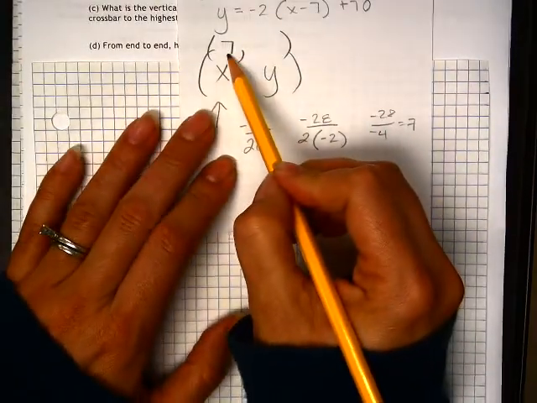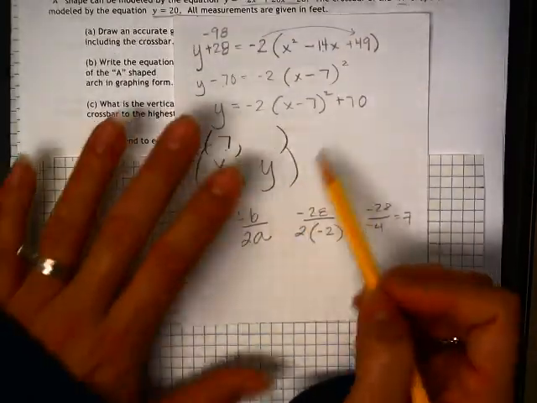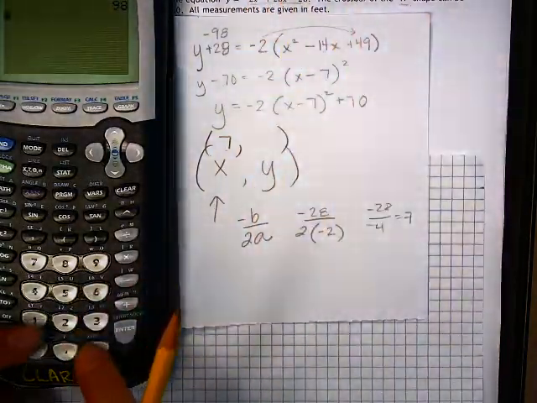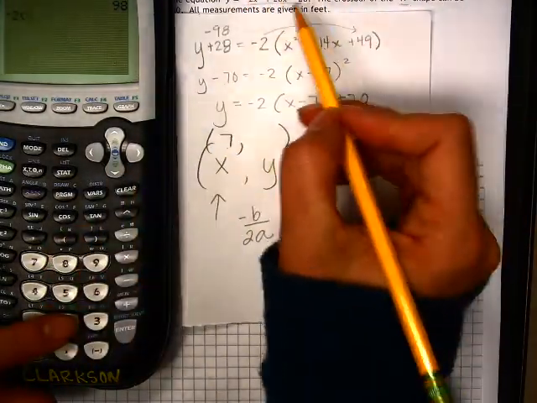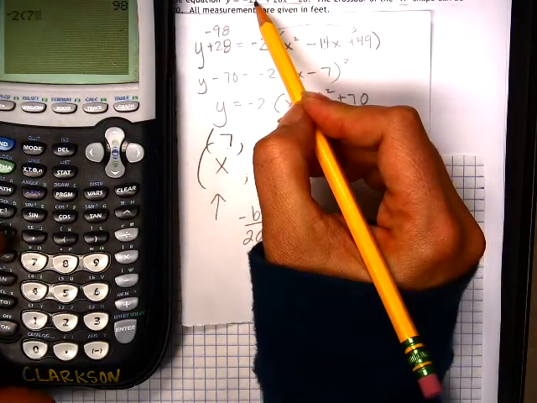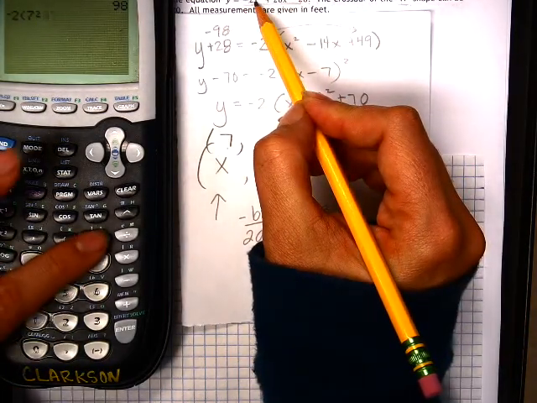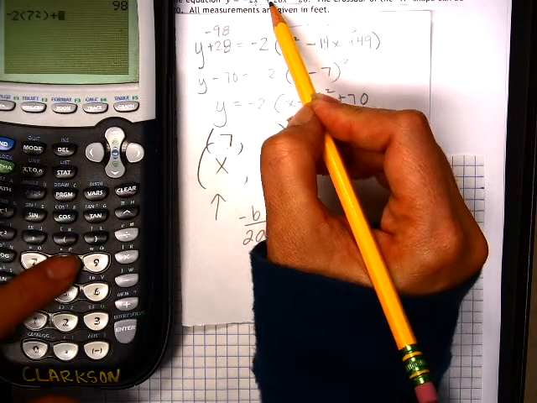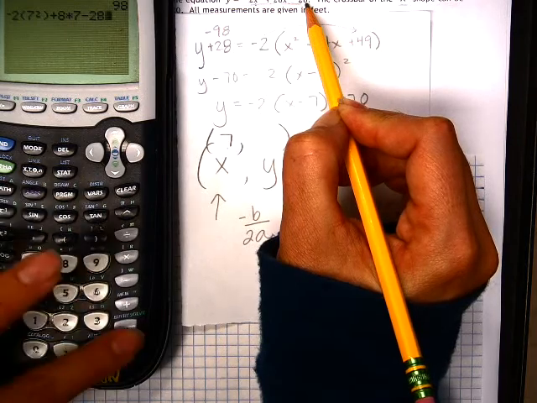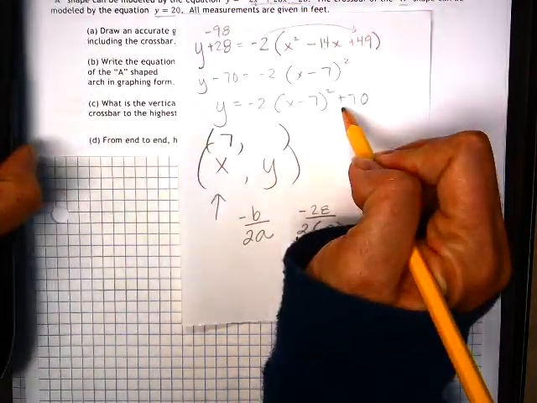Now, if you know an x value and you're looking for the y value, you just have to plug it into the equation. So I'm going to put in negative 2 times 7 squared plus 28 times 7 minus 28, and I get negative,